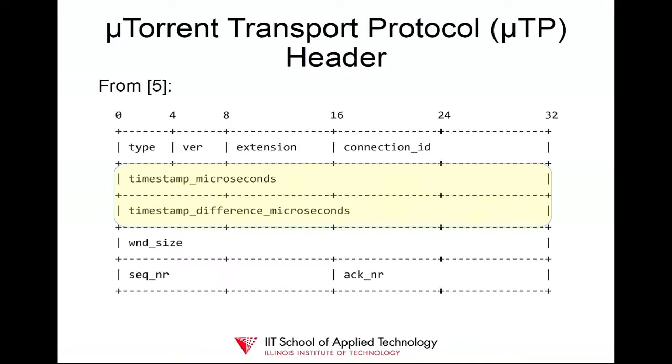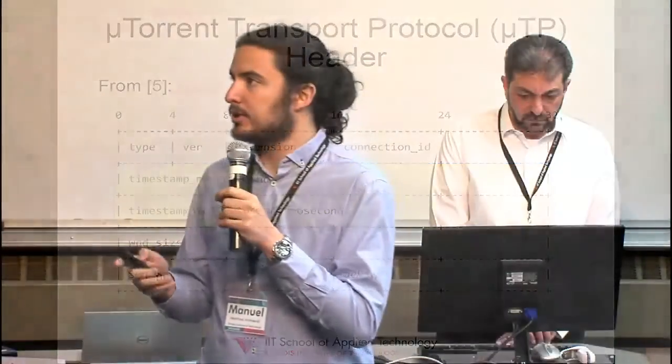There we have timestamp microseconds and timestamp difference microseconds. Those are the two header fields that will contain our hidden information. And you can also see that there's a window size to do flow control, sequence numbers, and also an acknowledge number. It looks similar to what TCP might look like, but yeah, and we will focus on timestamp microseconds and timestamp